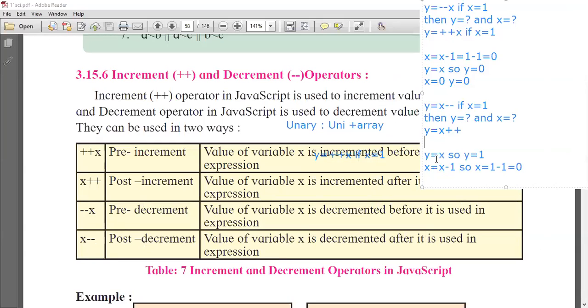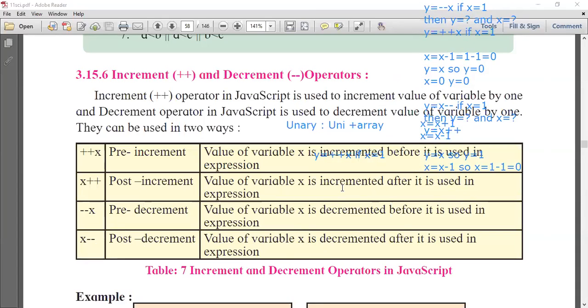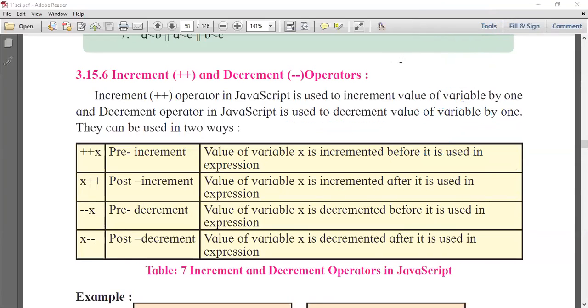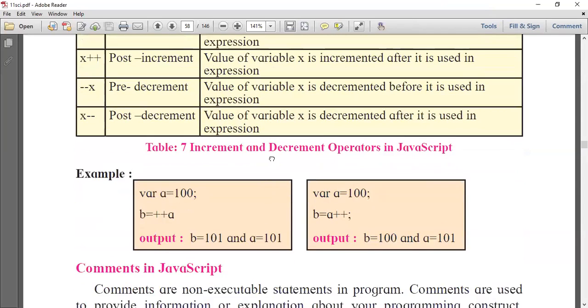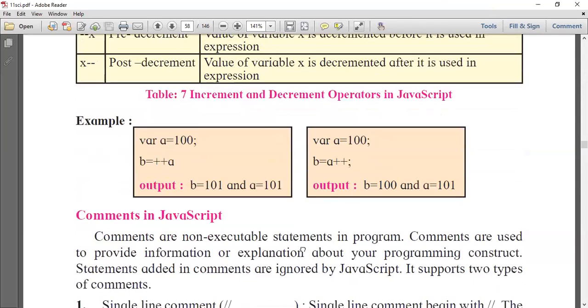The same thing what we have done here is explained in these two rows. Okay, so now we'll go forward. Now here examples are given.